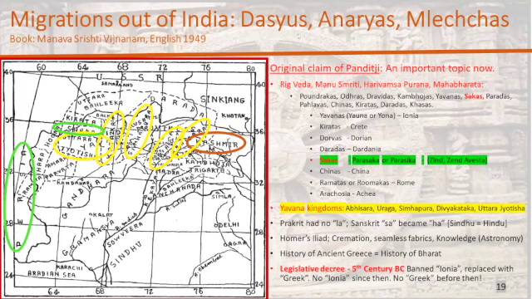After the Rig Veda, they're also called the Anaryas. Arya in the Rig Veda means a noble person, meaning one that follows the Vedic rituals and follows his Swadharma. And so the people who did not do that were called Anaryas, to distinguish them from Aryas. They're also called Mlechas. These three words are synonymous, which is why I put them in the title of the slide. Dasyus, Anaryas, Mlechas all mean the same thing.